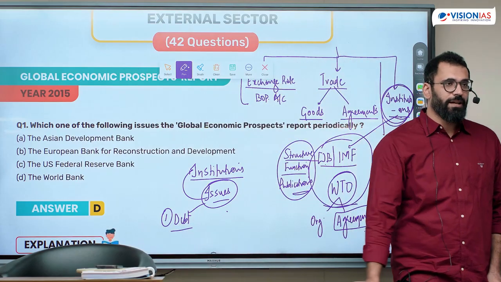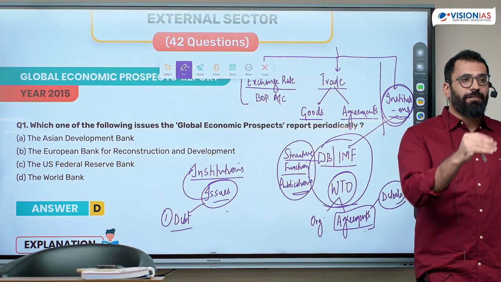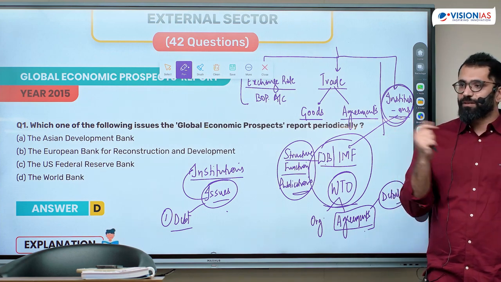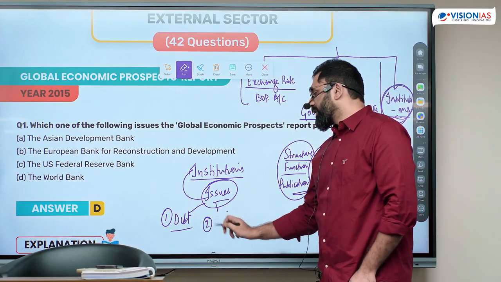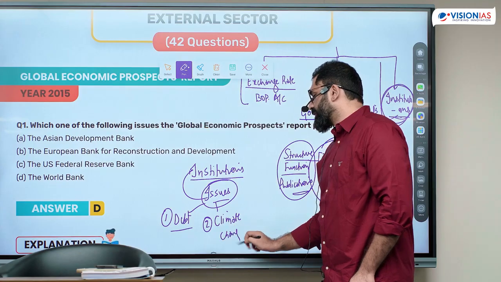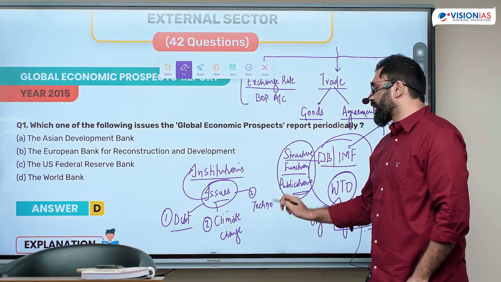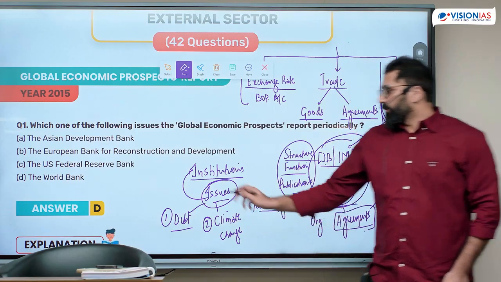Too much debt being taken by a number of countries, and the debt has become unsustainable. So Europe might have a program for sustainability of debt. US might have a program with its allies on sustainability of debt. Another issue which they cover here is climate change. Another third type of issue is any new technology transfer, technology sharing. Fourth,